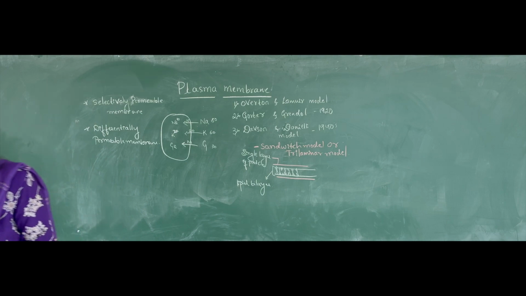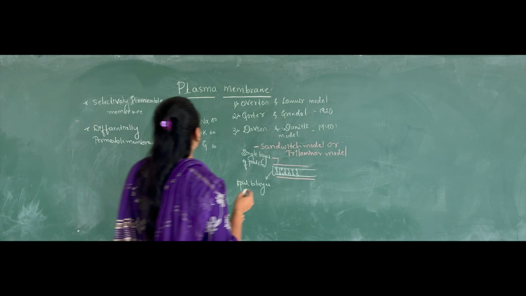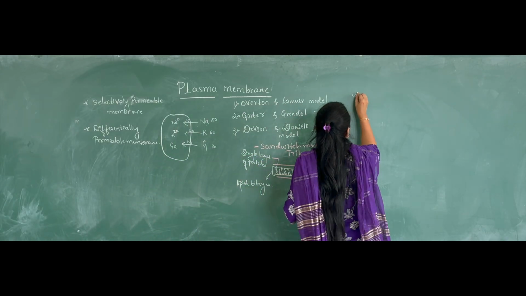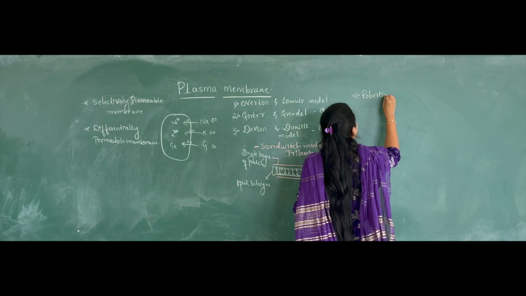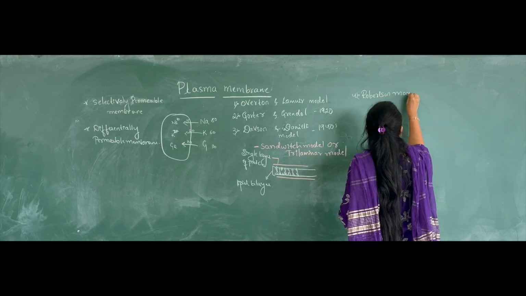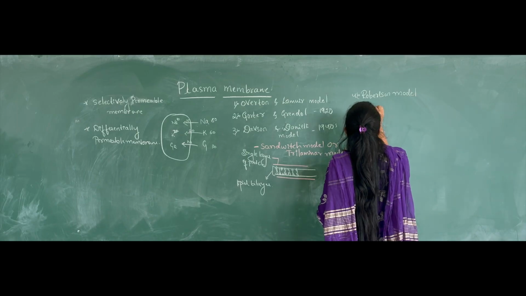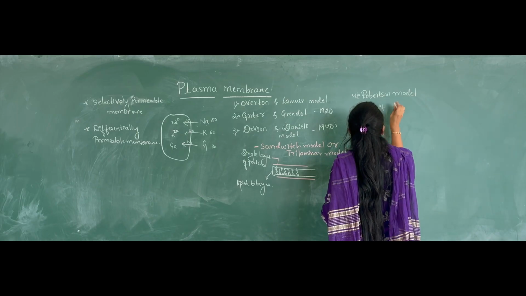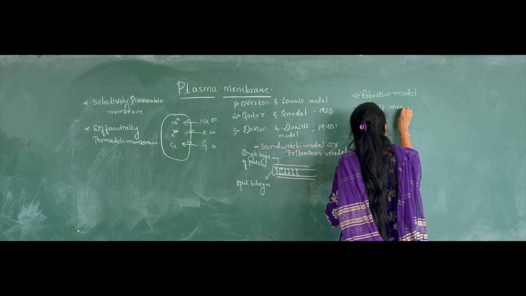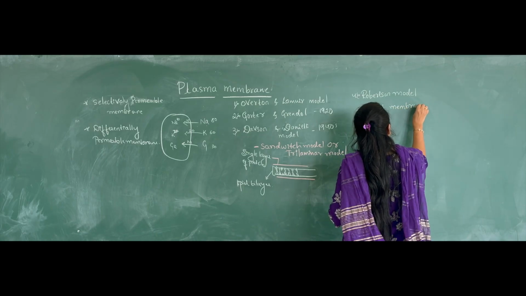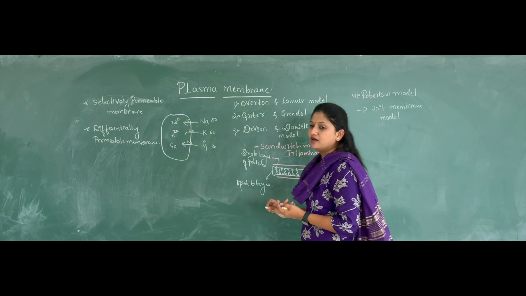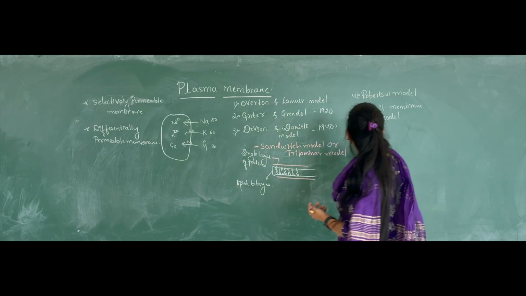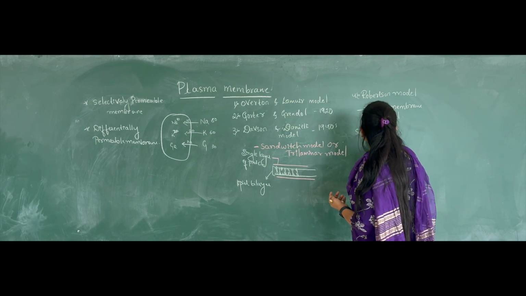And there is one more model which is being given here, and that is the Robertson model, which is also called the unit membrane model. So after the Robertson model, then comes